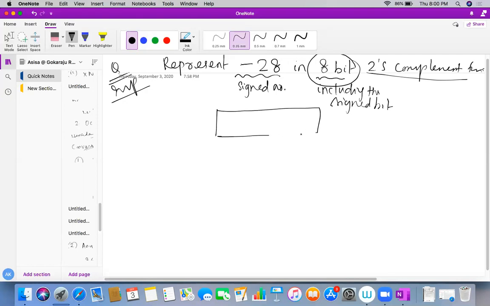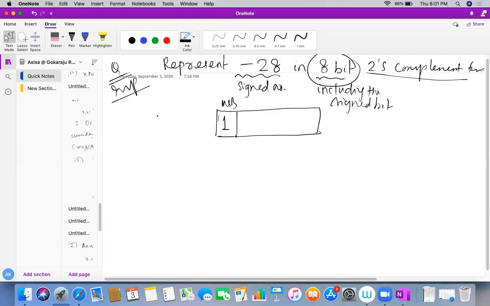What is the first bit? The MSB, which is nothing else but my sign bit, which is 1. Am I correct? So now you have to look into the choices. If among the choices one is starting with MSB 1 and others are all zeros, then blindly choose that choice. No need to look into anything else. That is the first thing.